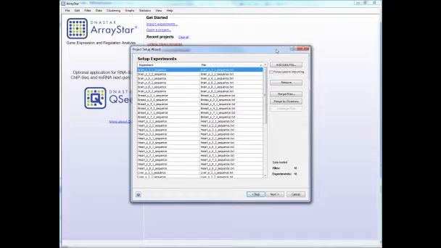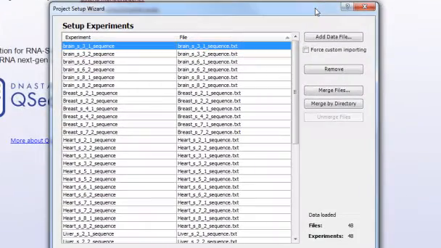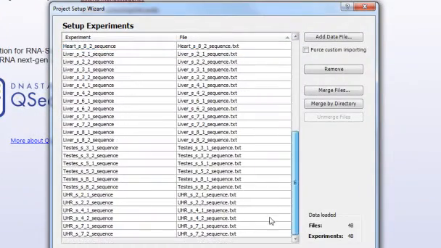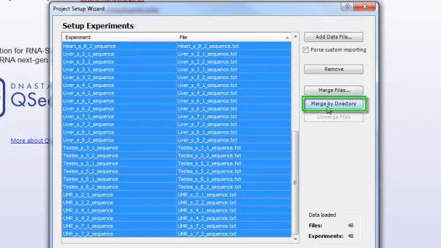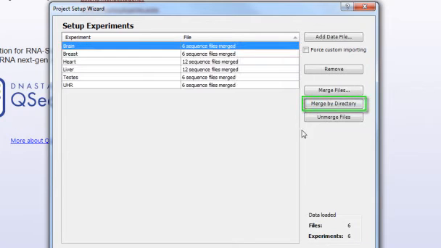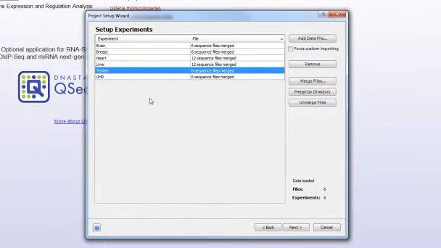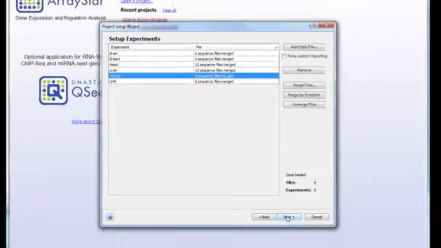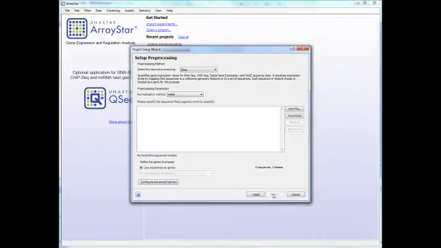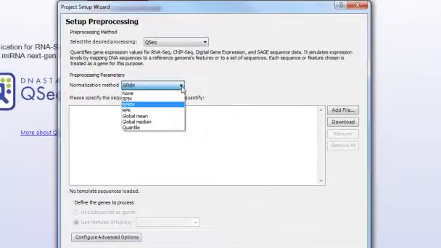Now that my reads have been added, I want to group the lanes by tissue sample. So I'm going to select them all and then click on Merge by Directory. And you can see that that's organized all of my lanes by tissue sample. If I wanted to merge everything into one experiment, I could just select them all and then click on Merge Files. But I'm going to leave them as they are now and then click Next to get to the pre-processing step. From here you can choose the normalization method to be used, and I'm going to leave it with the